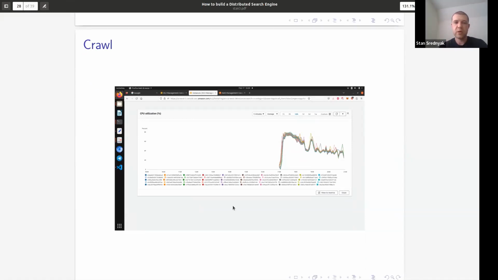So we are running a cluster of 100 C6 large nodes from AWS, and that's the CPU utilization. You see it flattens out at 40%, which is actually not ideal. And we don't see this behavior on smaller clusters. For example, when we run it on clusters of 10 nodes, we see near 90% CPU utilization. And why is it happening?